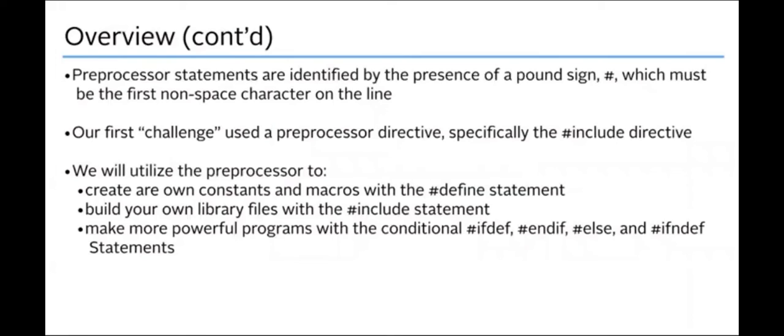Other examples of a preprocessor directive would be conditional things like the ifdef, the endif, the else, or the ifndef, if not defined, statement. We'll talk about those in more detail as well, but all these preprocessor directives help with the efficiency of the code, and they run before the compiler actually runs. It's run before any code has generated any object files or executable files, but we'll cover all this in much more